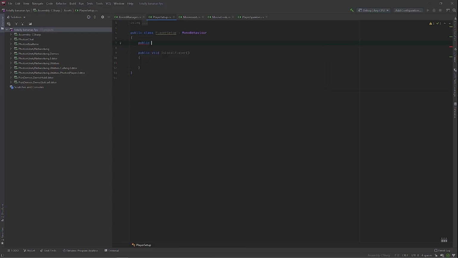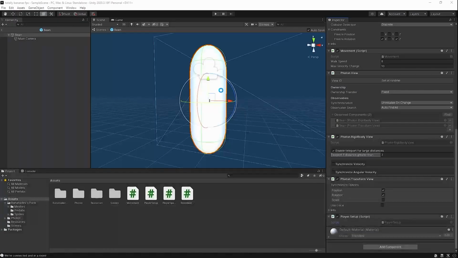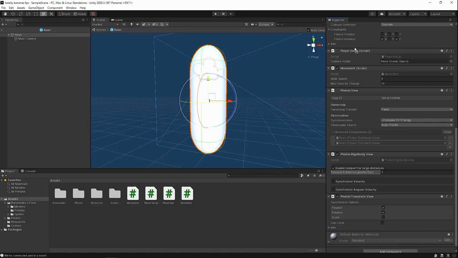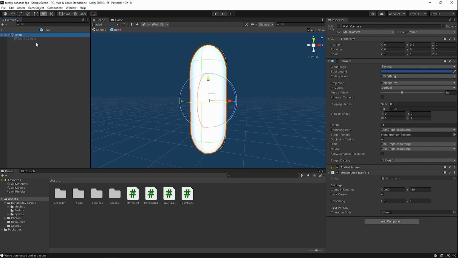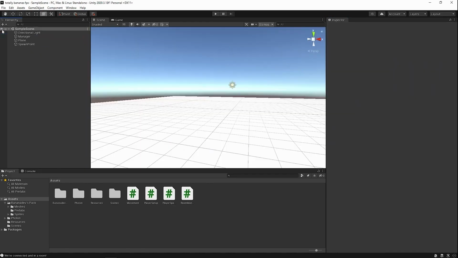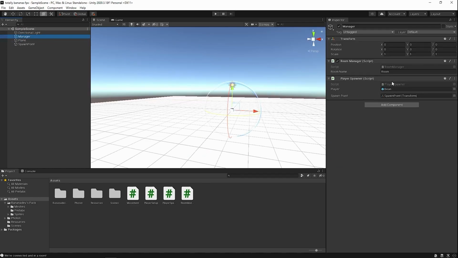Add a public GameObject for our camera object, and in IsLocalPlayer, set cameraObject to SetActive true. Alright, easy peasy. I'm going to reorganize this, drag main camera in, disable it by default, and head over to your PlayerSpawner script.